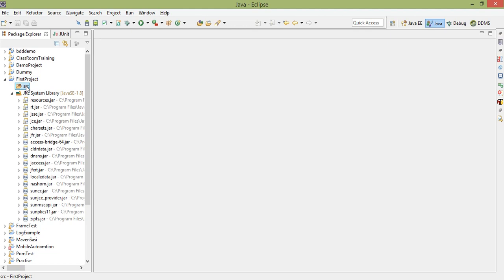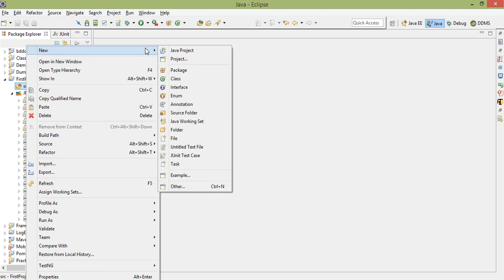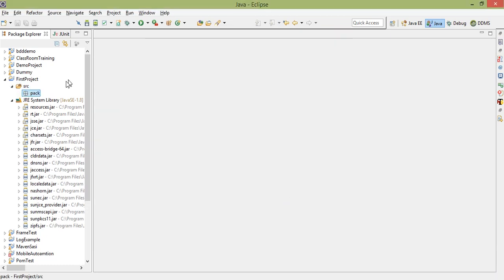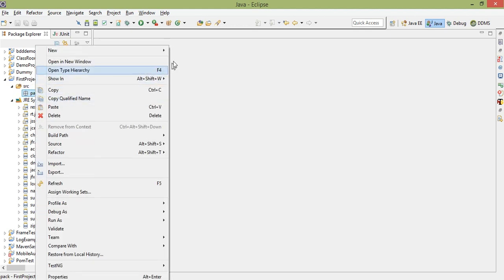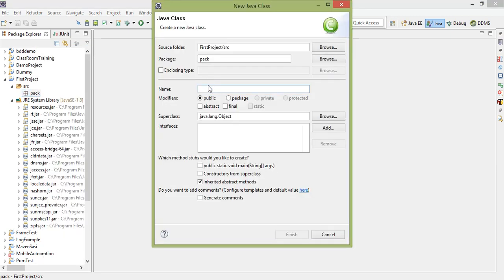So go to the project folder, and under SRC right click on that, go to New, and create a package. You can give any name for the package, and you need to start with a small letter, as recommended by the IDE. I can give the name as pack. So under that pack you need to have a class. Right click on the package you created, again go to New, and click Class. Here you can give any class name, which should start with a capital letter. So you can give it as My